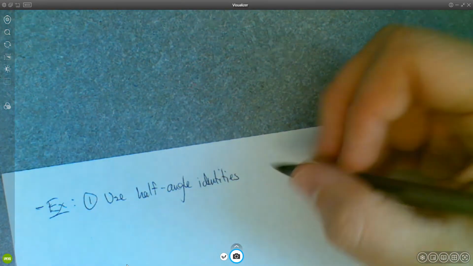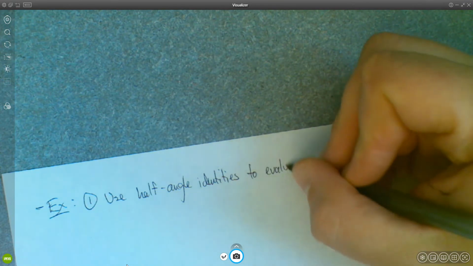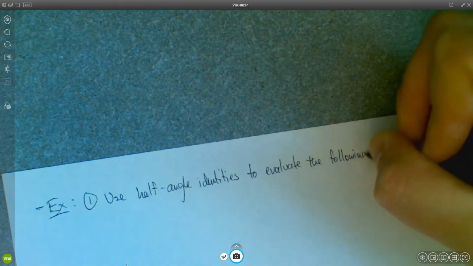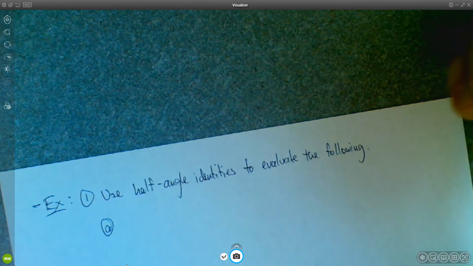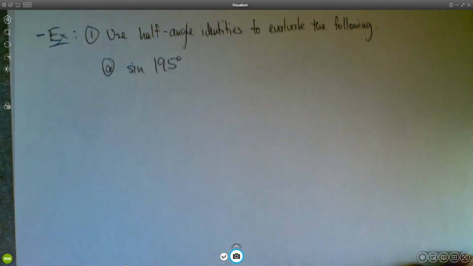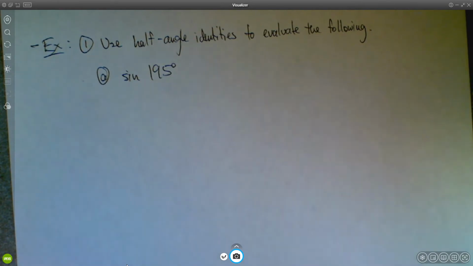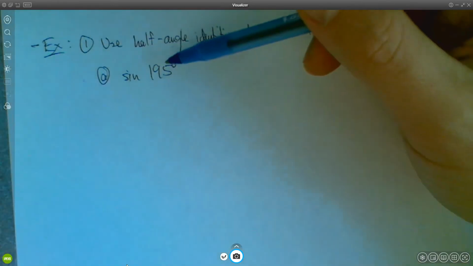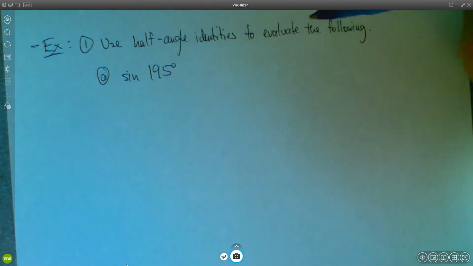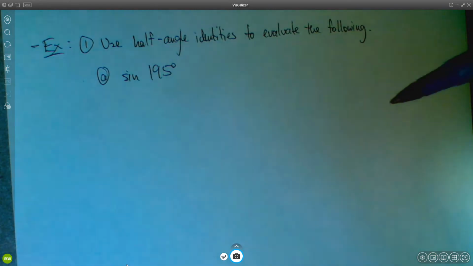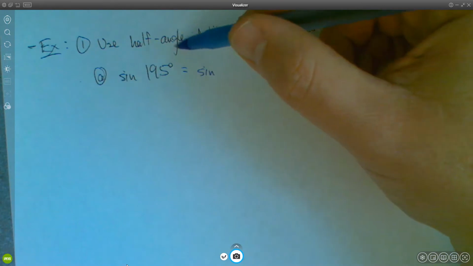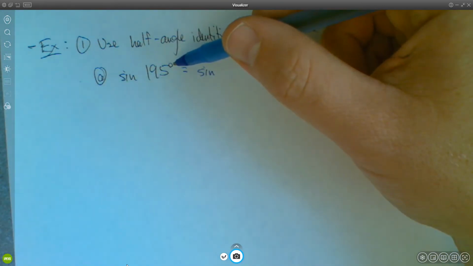Let's practice applying these. So let's use half angle identities to evaluate the following. Okay, let's do sine of 195 degrees. So to use a half angle identity to evaluate this, what we would need to do is figure out, well, 195 is half of what angle? In other words, you multiply 195 times 2, and you're going to get sine of, that would be what? 290,